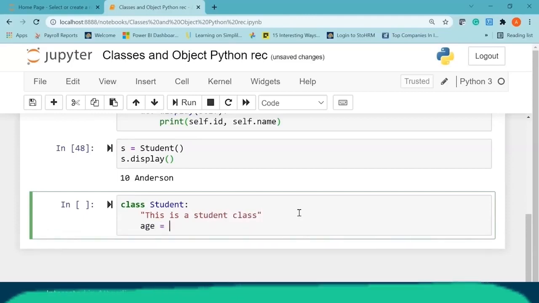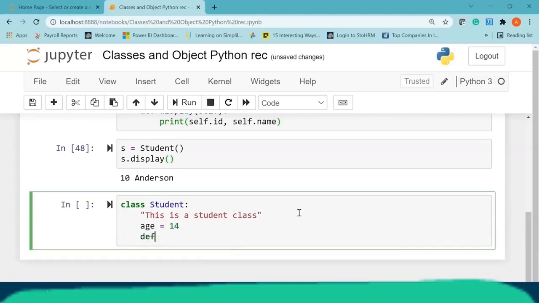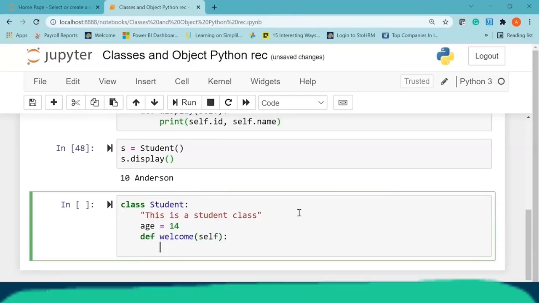Then I'll create a variable called age. Let's say the student's age is 14, and then I'll create a user defined function called welcome and have my self parameter. After that I'll say print my message, let's say hi, comma, welcome to section, let's say B, and then